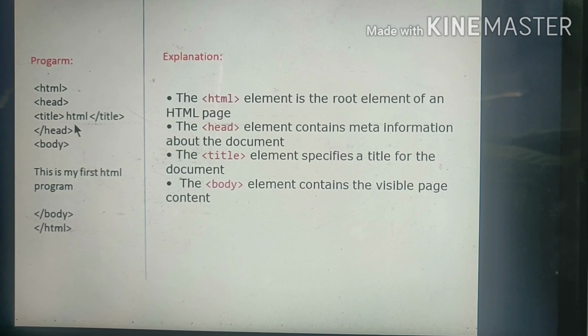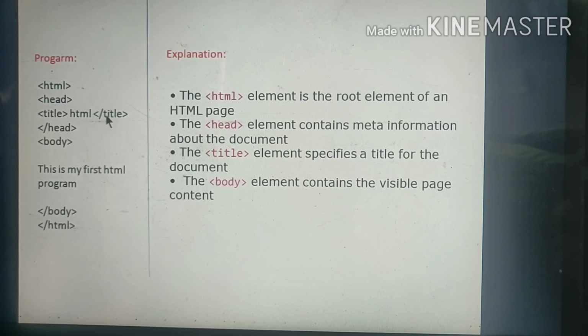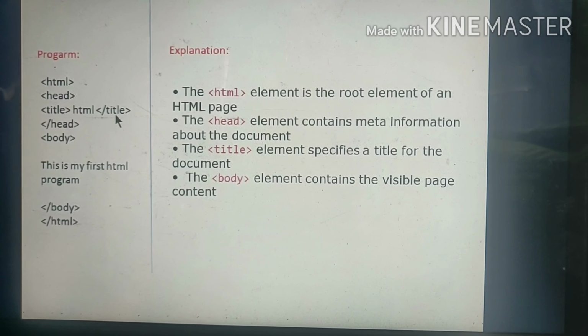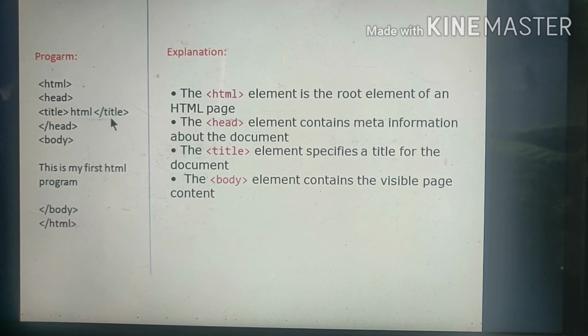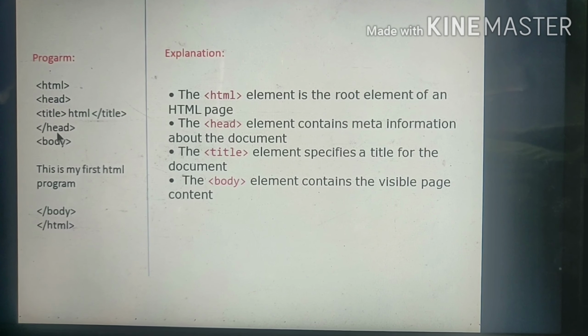I simply give here HTML. Then you have to close that tag, means title, then /title, means this tag is closed. After finishing the title, you have to close the head tag with /head.